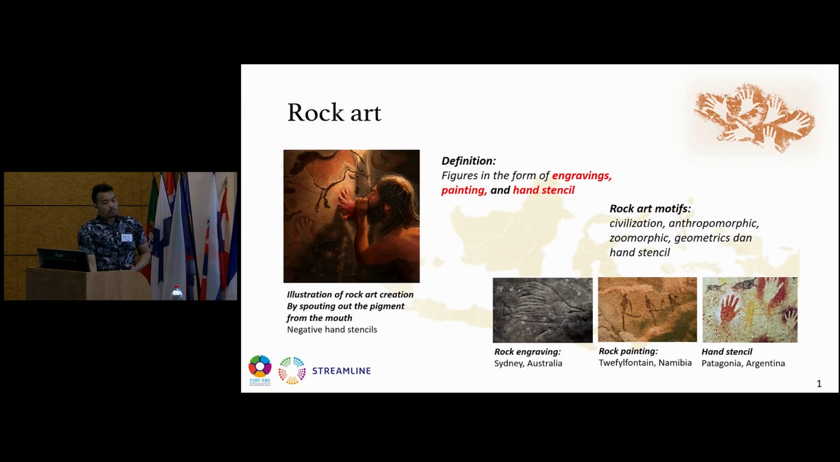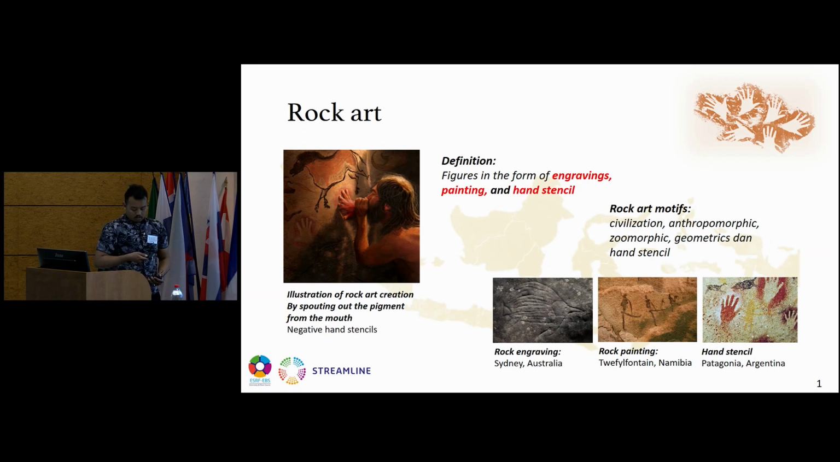First, we're going to talk about rock art. Rock art, as Dr. Emilie mentioned before, consists of figures in the form of engravings, paintings, and hand stencils. This is an illustration of rock art creation by spitting the pigment from the mouth of the prehistoric artist. The rock art motifs contain anthropomorphic figures, like humans, and zoomorphic, animal-like figures, geometrics or schematics,